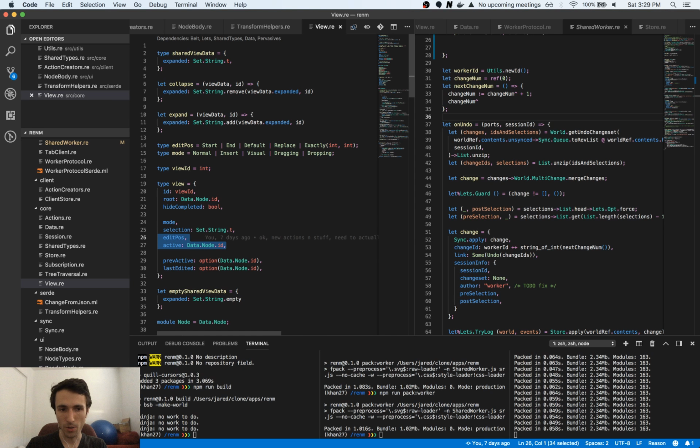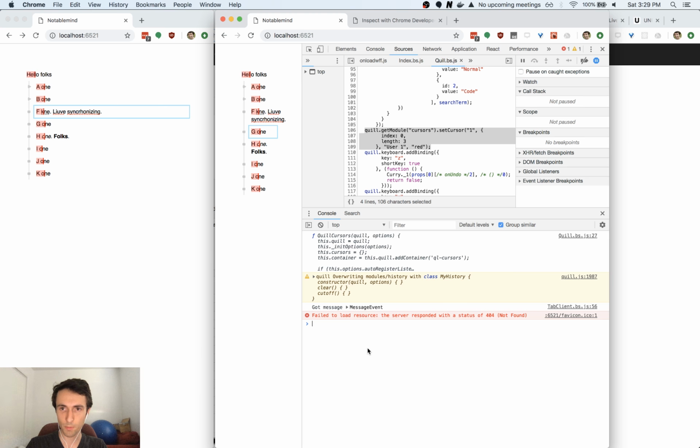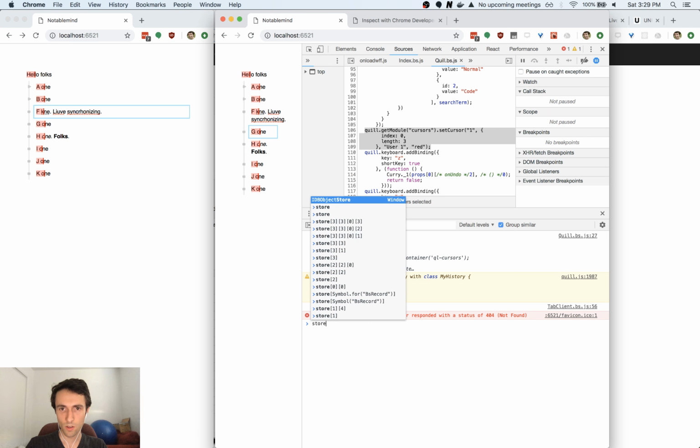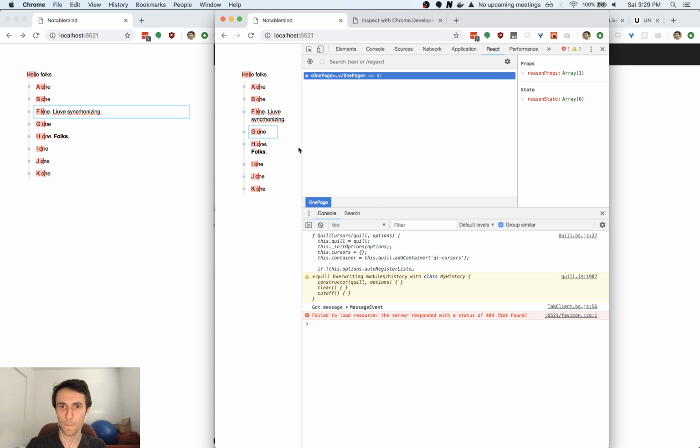So what I'm going to do is add to this, and actually we can jump in and look at the React state for this, and in the React state,